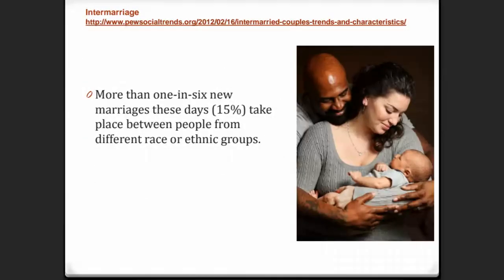Intermarriage, which is of course some of the issues that are reflected in our diversity discourse. When we say a white man marrying a black woman, or a black man marrying a white woman, and of course in America and of course in Europe, although we have not seen much of those tendencies in South Africa, it's a little bit scanty in South Africa. More than 1 in 6 new marriages these days, 15%, take place between people from different race or ethnic